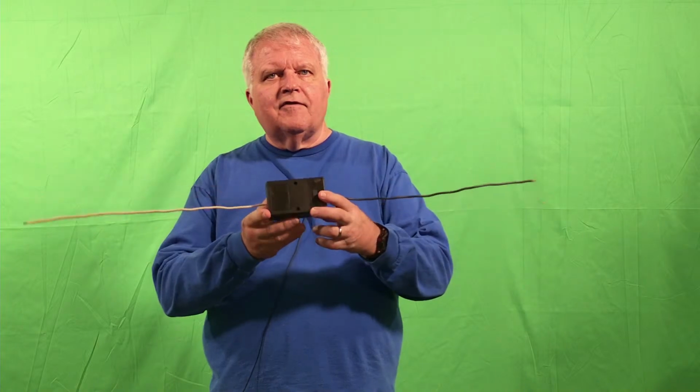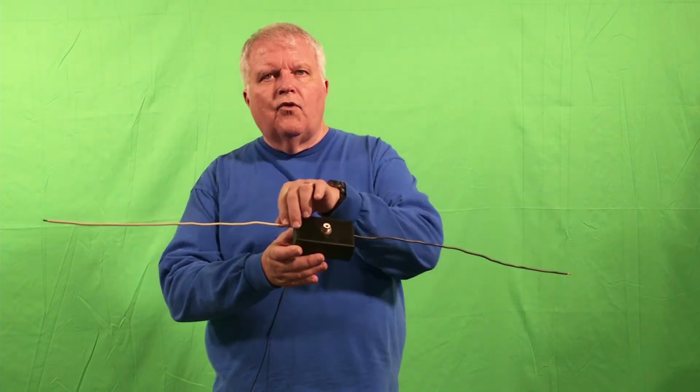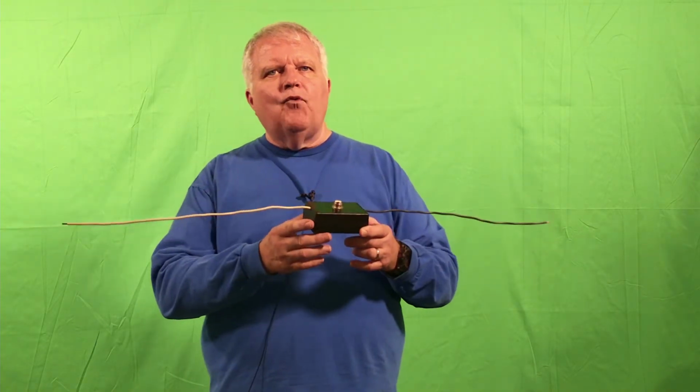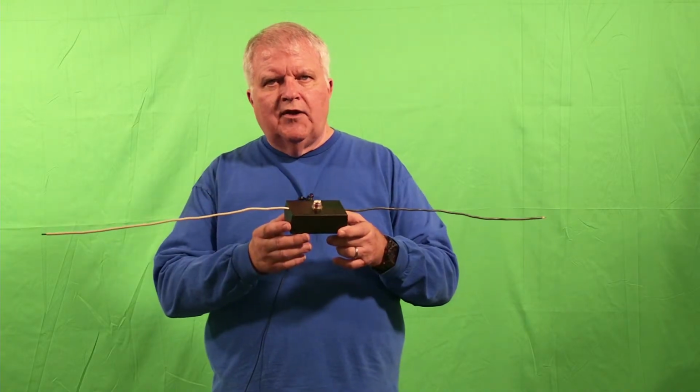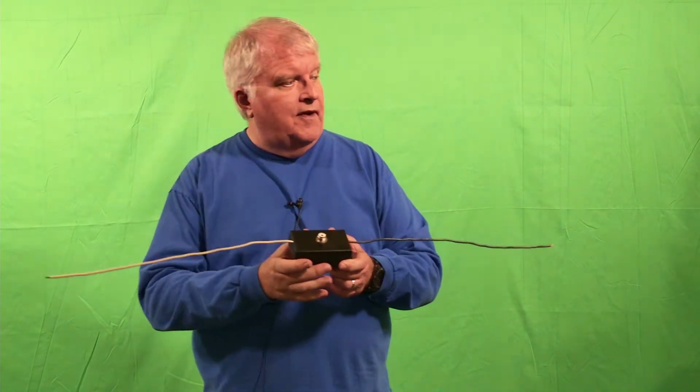So here we have a half wavelength antenna. I've got an SO239 connector here. This is a working antenna for 2 meters. I cut it for 146.610, one of the local repeaters here. And the center conductor of coax goes out to the white, and the ground side of the connector goes out to the black. And so this is a half wavelength for the 2 meter band. 2 meter is the full wavelength. Half wavelength would be 1 meter, and we can prove it